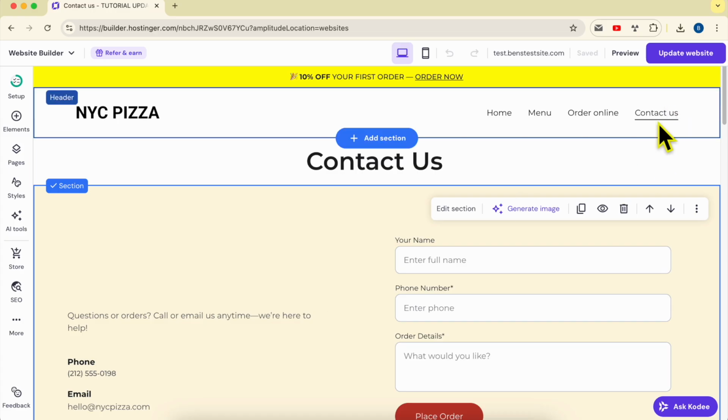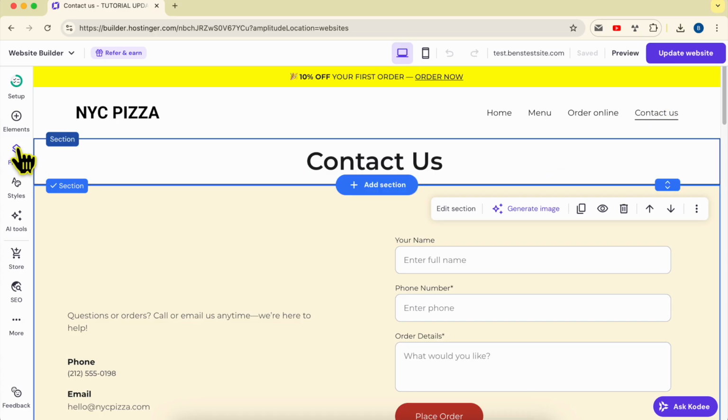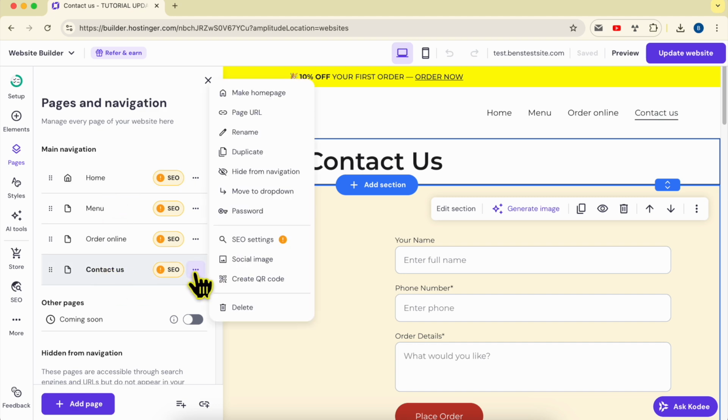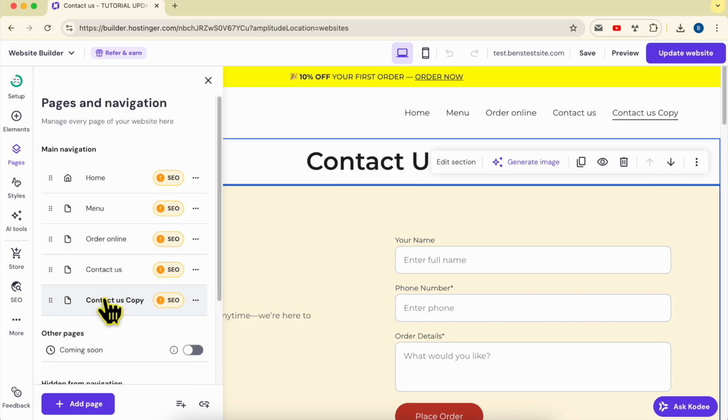So how to duplicate this contact us page? Simply click on pages, and next to the page that you want to duplicate, click on these three dots and select duplicate. This is it. Click on it, and just like that you will have a duplicated page added here in the bottom of this list and also in this